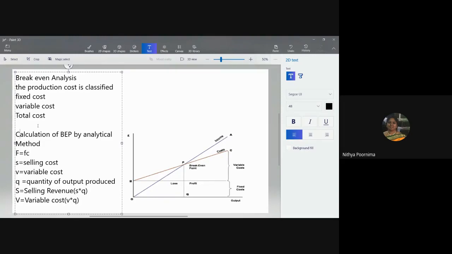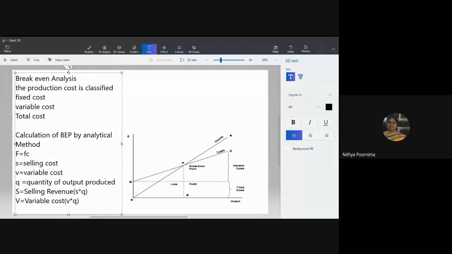Did you understand what is fixed cost, what is variable cost, and what is total cost? Fixed is something which is fixed, like rent. Initially, whatever you pay, the rent, the policy structures, the insurance, all that you pay will be fixed. Variable is the cost that keeps varying according to your production or business transactions, depending on the cycle. Total cost will be the sum of fixed cost and variable cost. Am I clear, boys? Shall I proceed? Yes, ma'am. Okay.